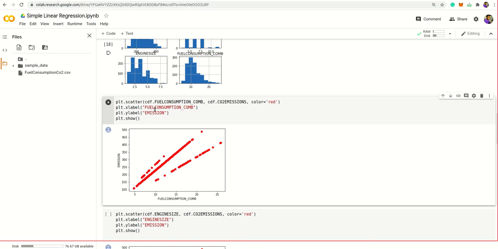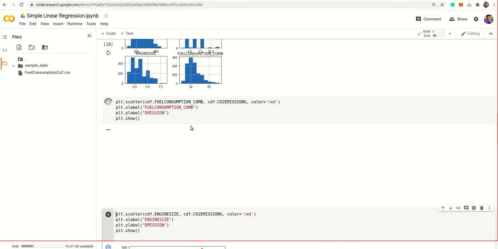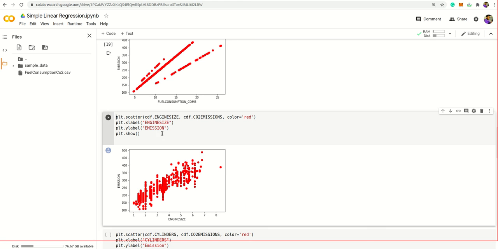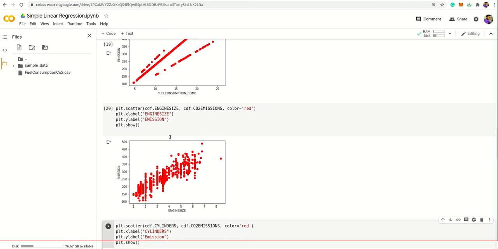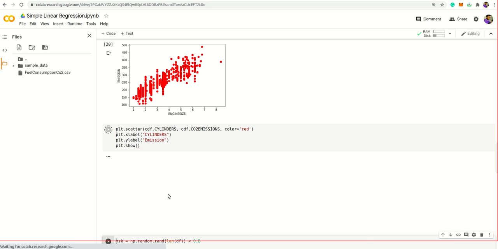Then after that we use plot.scatter for the graph between the CO2 emission and the fuel consumption combined. So we run it. We visualize one for the CO2 emission, this for engine size and CO2 emission. This graph represents CO2, and then this graph represents cylinder and emission.